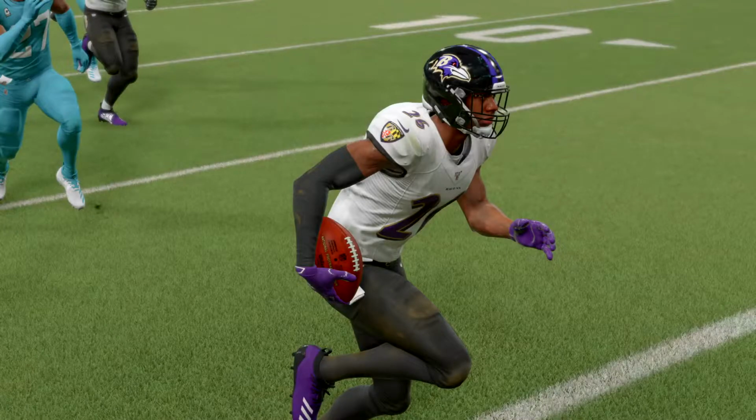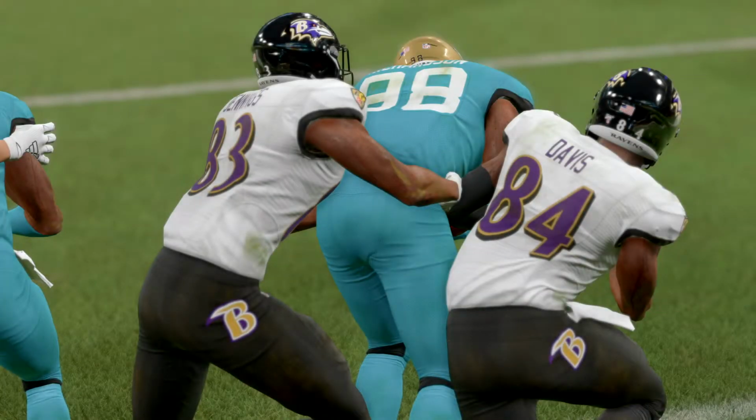So the final seconds tick away in this Baltimore victory, and they were spurred on by